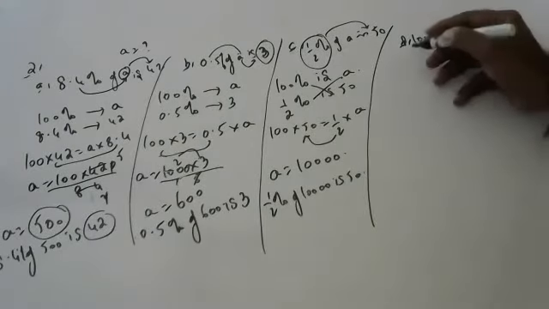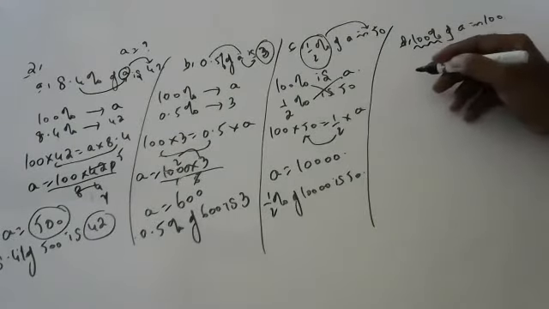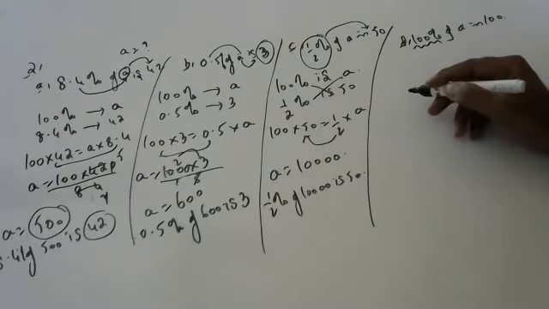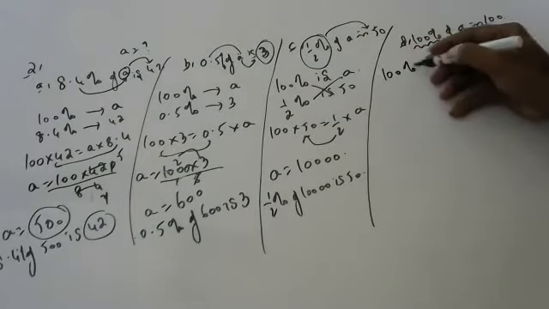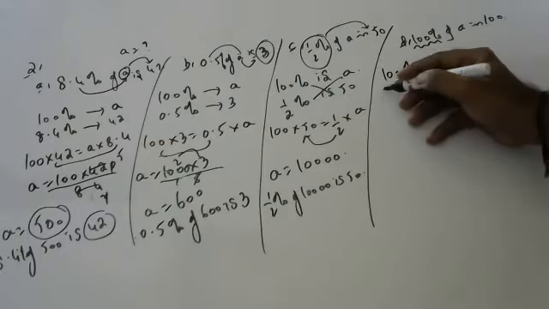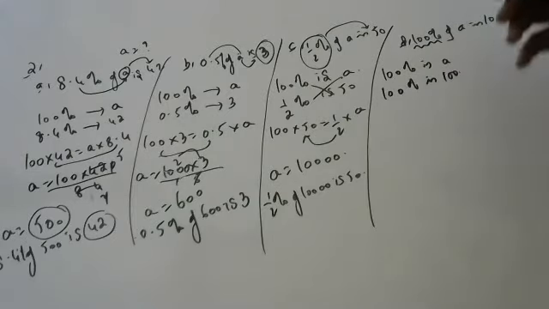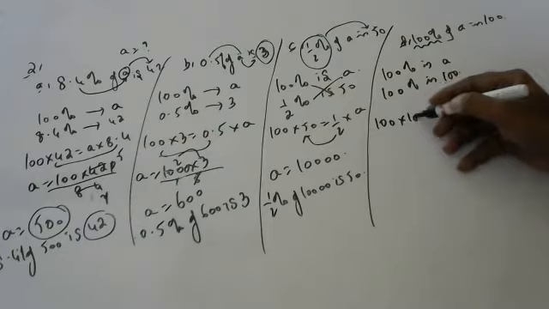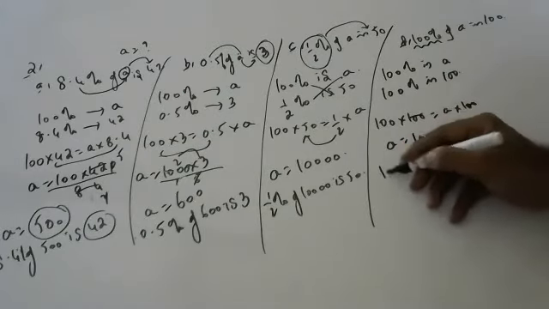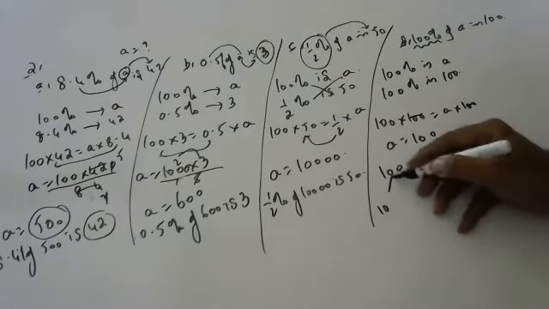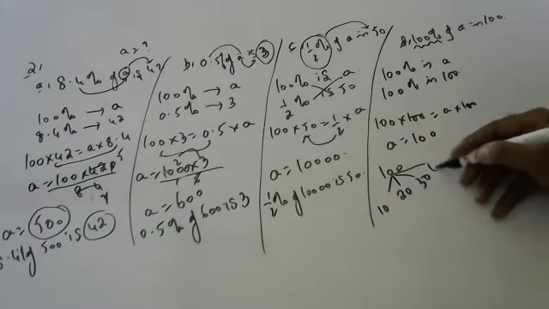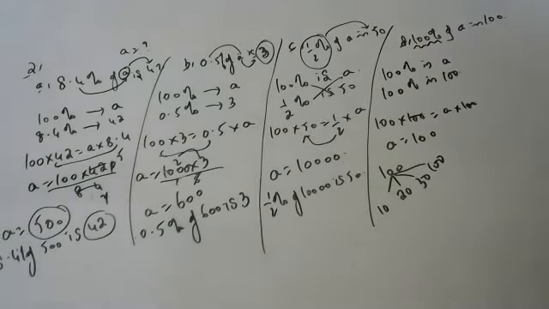Next. Meghana, say 100% of A is 100. Yes, sir. 100% is A. So cross multiplication. 100 into 100 is equal to 100 into A. So A is equal to 100. Simple. So in 100, 10% is 10, 20% is 20, 30% is 30, 100% is 100 only. They will give it just to confuse us. That's all. Okay.